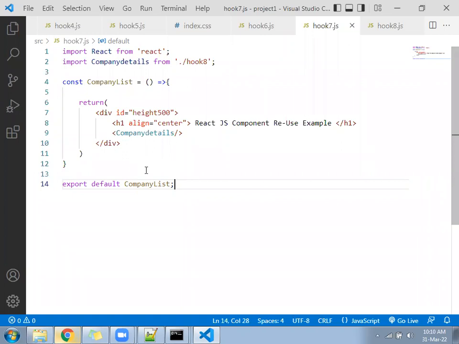Hope you imported the file into the app.js file. Come to the app.js file.